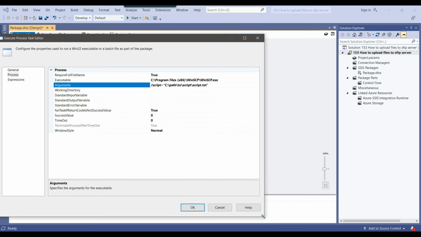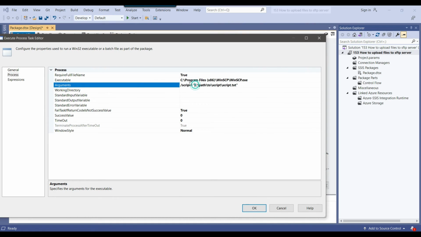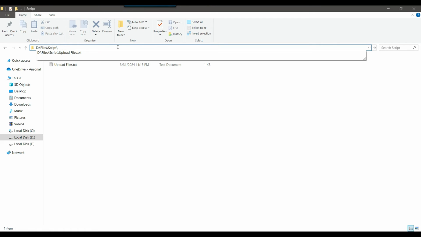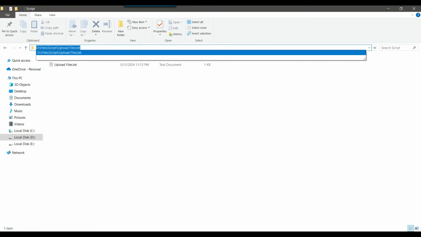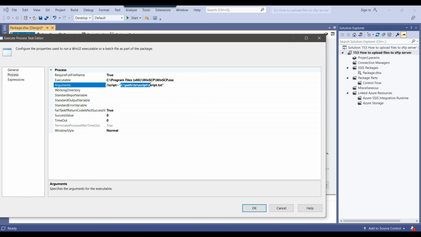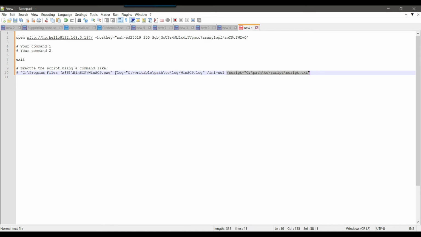And now in the script you need to provide the actual location of the script that we have created. So we have created this script, so I can copy this one, upload files.txt. So copy the path from here, and now inside the double quote provide the path, okay. So this is fine. So this will be the script that will be executed,